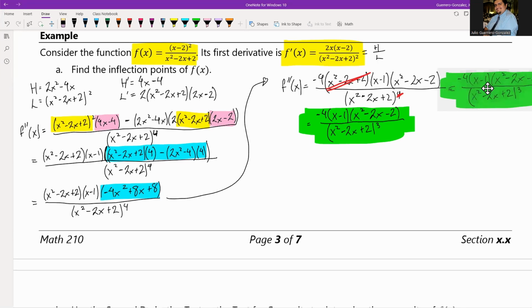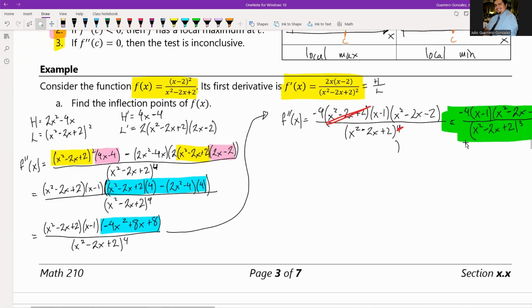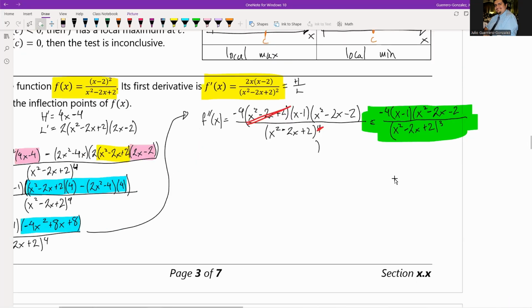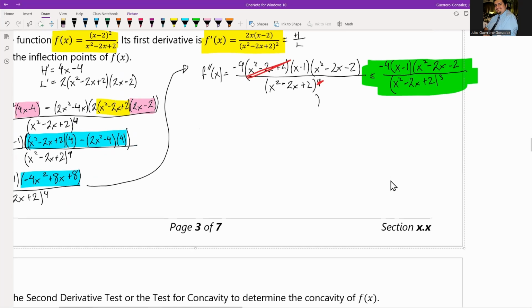I'm gonna throw it over here. There we go. Running off the page a little bit, but that's all right. And it forgot a parenthesis. There we go. Okay, we have our second derivative. Now we need to find the inflection points, right? So that's when, let me write them here. Inflection points, right,